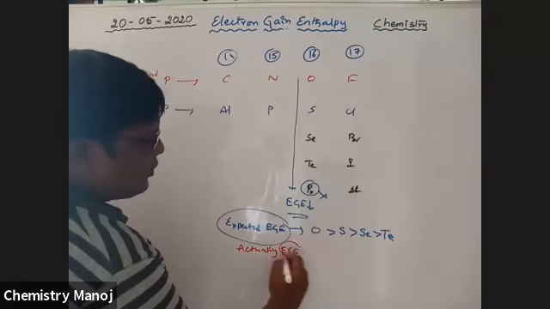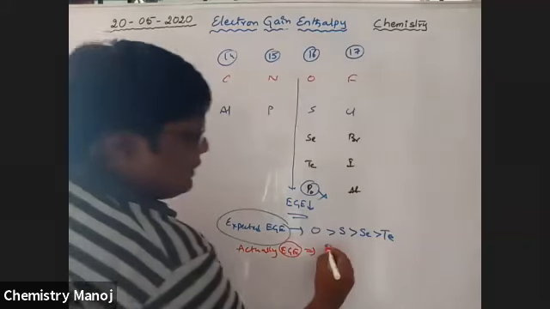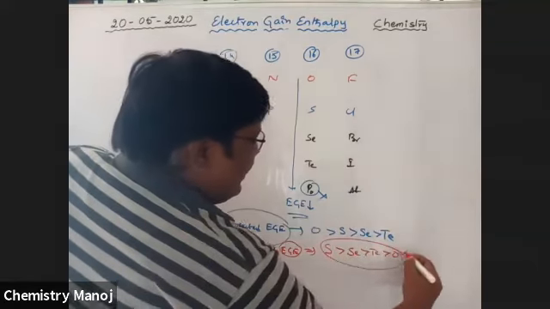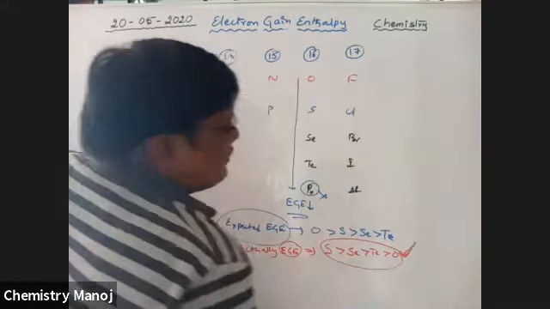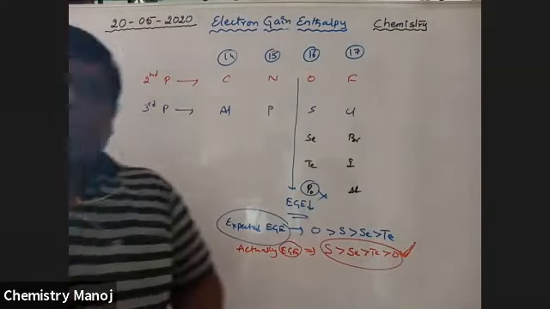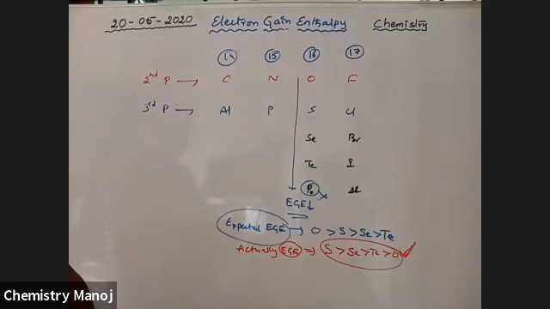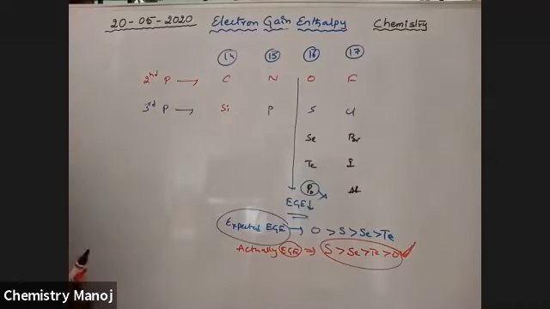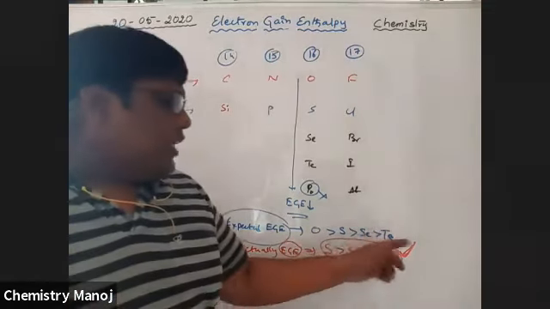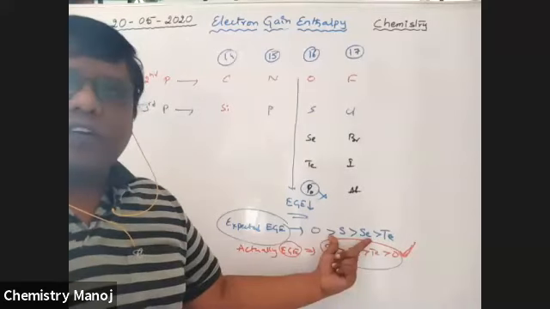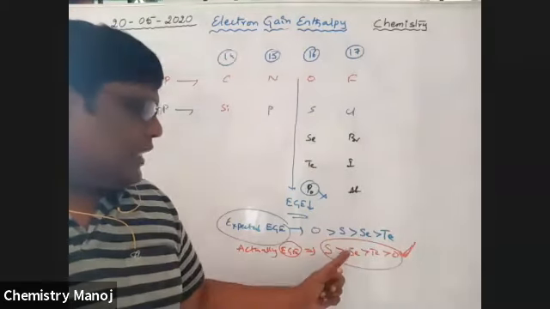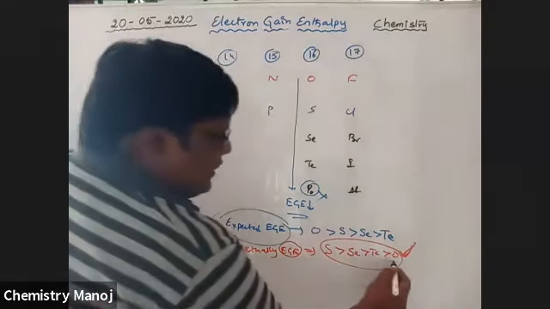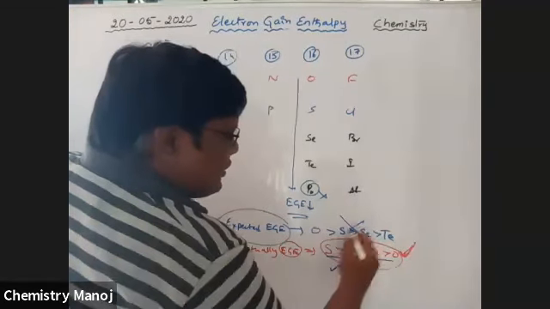electron gain enthalpy values are sulfur greater than selenium greater than tellurium greater than oxygen. It is correct. This is very, very important. So, my dear boys, it is silicon, sorry. Oxygen, sulfur, selenium, tellurium: actually we expected this order of electron gain enthalpies, but here sulfur greater than selenium greater than tellurium greater than oxygen. So your answer is this one. This is the correct answer, and this is the wrong answer.